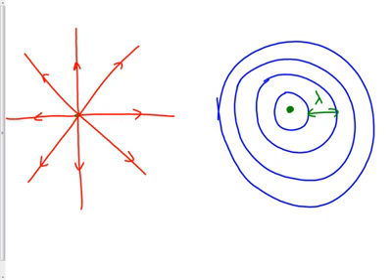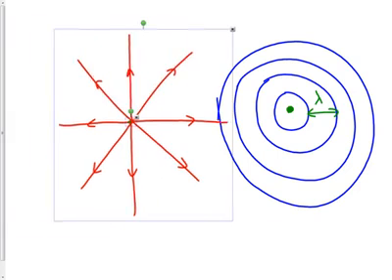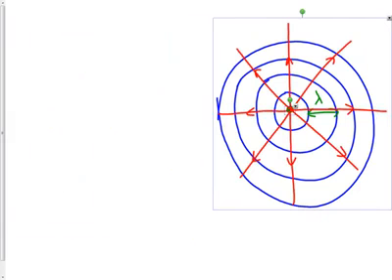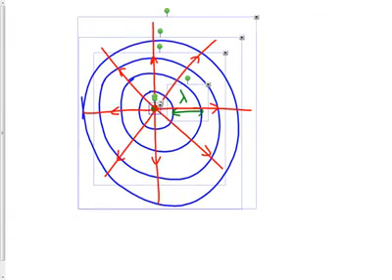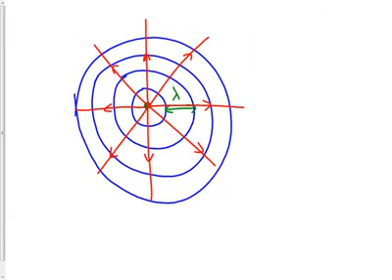Now I'm saying to you that these are both equivalent ways of expressing the same thing. Okay, so waves spreading out from a point, you could express with rays, which indicate the direction the waves are moving, or you could express with wave fronts, which are linking peaks of the wave. Okay, they're both ways of expressing the same thing. Now, by this stage, you might be noticing something about the wave fronts and the rays.